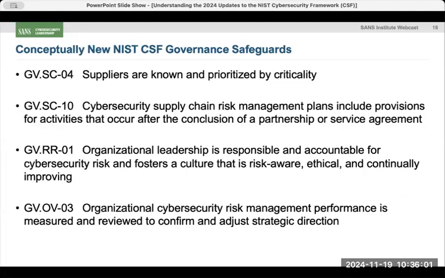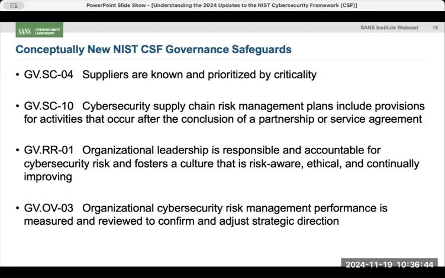Now, specifically, I'll call out a couple statements that jumped out to me as I was doing my diff analysis that I thought were relatively new clarifications. So let me conceptually call these out. What you're going to find is, I think, a lot of these statements are, how would I say, nitpicky maybe a little bit, in the sense that they're not wholly new ideas. Like the first one on our list is the supply chain thing. It's not that supply chain wasn't considered back in version 1.1. It was, but the things I call out here are just a little pickier. I don't know that these are brand new topics that version 2 is asking us to do, but there are detailed items in those topics that we probably need to consider.